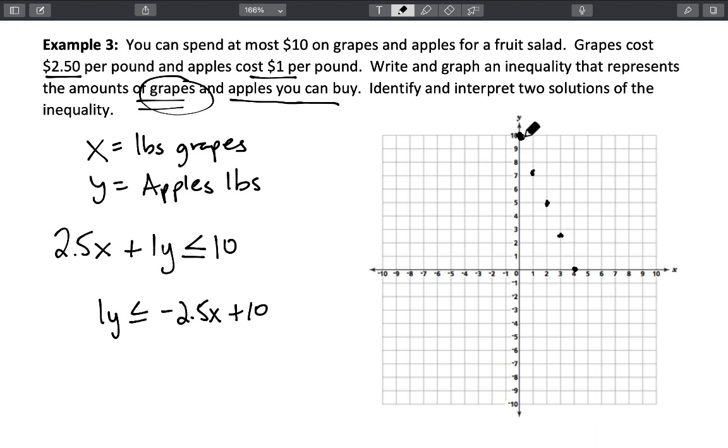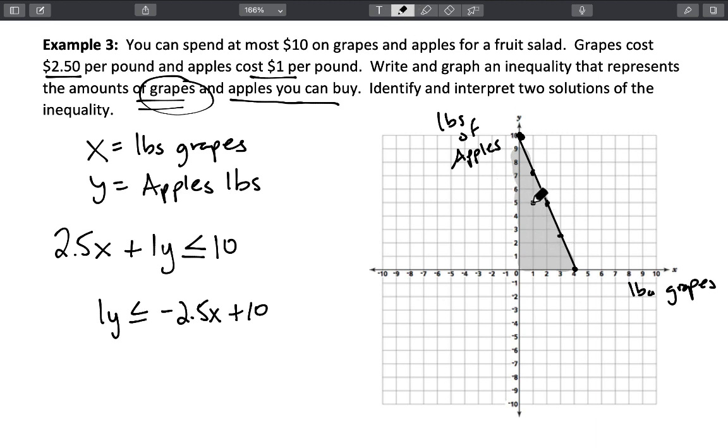Okay, so there are our dots, and we can connect this with a solid line, but we're going to stay right here in quadrant 1 because this is the positive, right? And along the x-axis here, you've got pounds of grapes, and then along the y-axis, you've got pounds of apples. All right, now one last thing that we need to do is our shading. And we're going to shade right inside this first quadrant because it only makes sense to have numbers in that